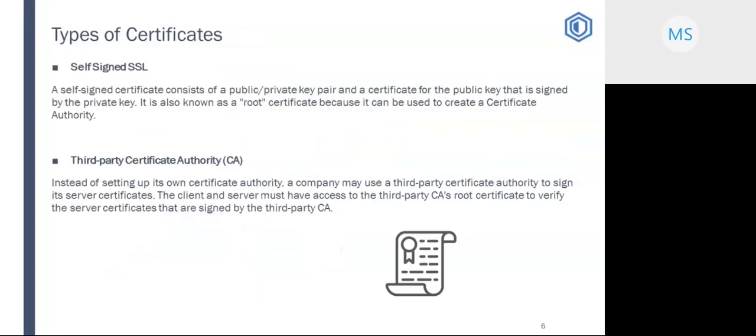You can use either a self-signed SSL certificate or a third-party certificate authority CA. Coming to the self-signed SSL, a self-signed certificate consists of a public or private key pair and a certificate for the public key that is signed by the private key. Also, this is known as a root certificate.